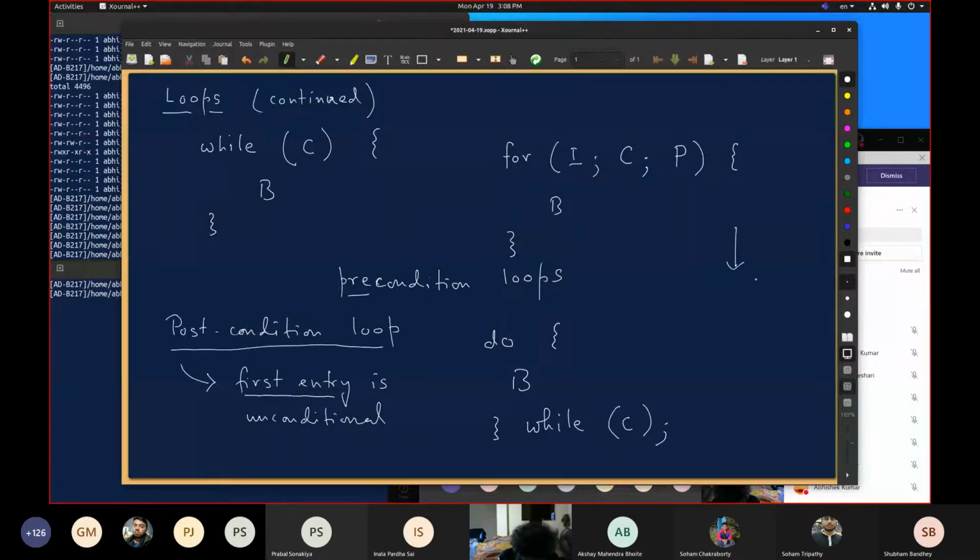So you enter the loop body, B, then you check for the condition. If it is yes, go here. If it is no, move ahead. So you just keep it in mind that the first entry is unconditional. And of course, this syntax also seems to refer to that. First do this, then check the condition. If this is true, then again go back and repeat. So I will give you a few examples